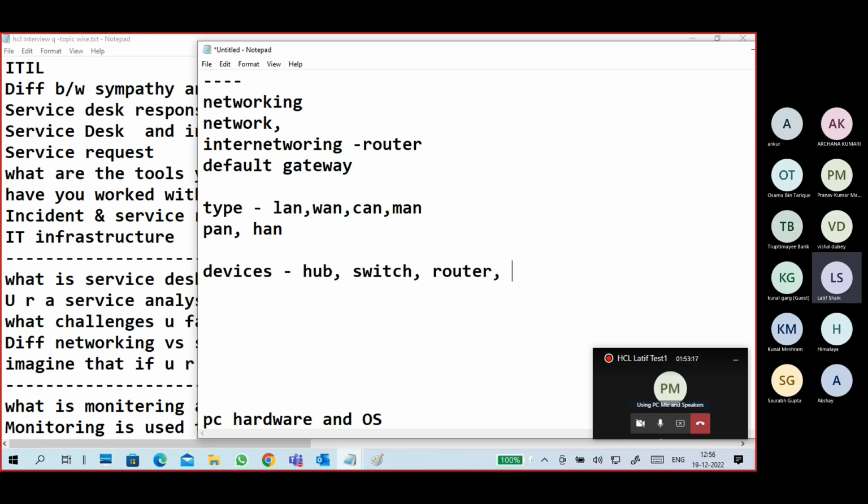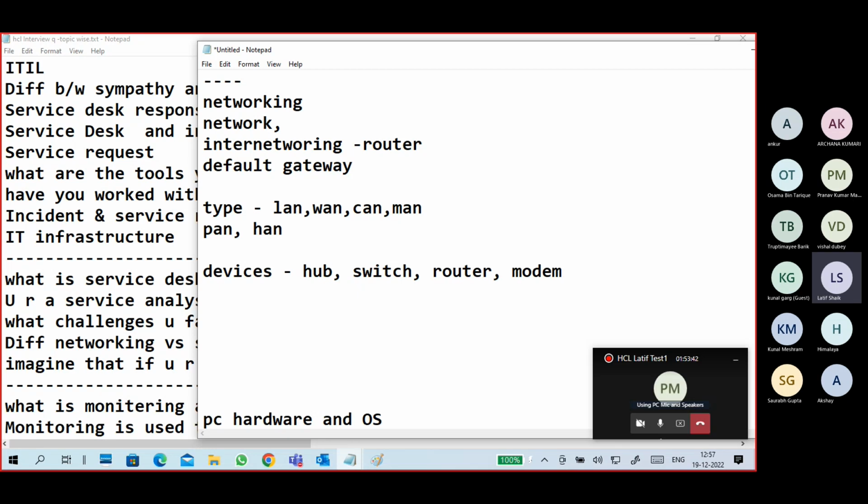It is a layer 3 device. Router shows the best path to reach the destination. I am able to reach google.com, facebook.com, youtube.com, which are different locations, because routers show how to reach the destination.